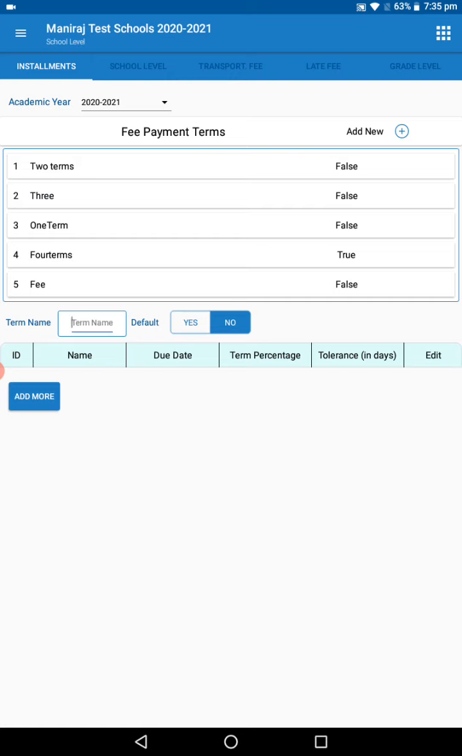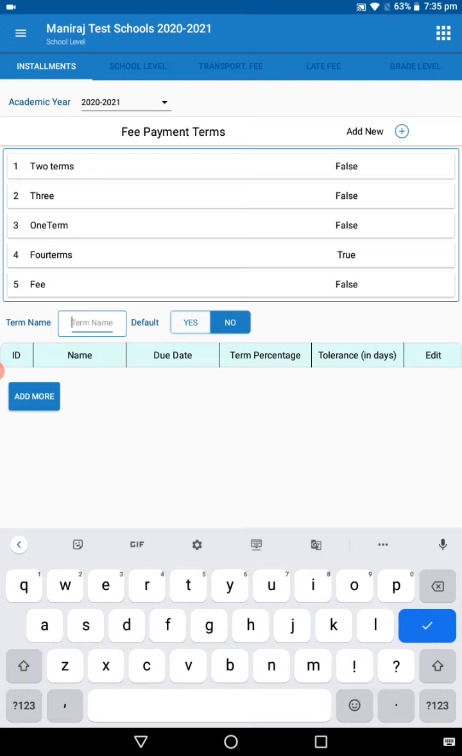Now click on add new, and here you can see the term name, which is nothing but the name given to paying the money. For example, let me take it as academic fee. Okay, and here you can see the default, yes or no. Here you can select yes or else no. If yes is taken, it is applicable for all the students, and if it is no, it is for